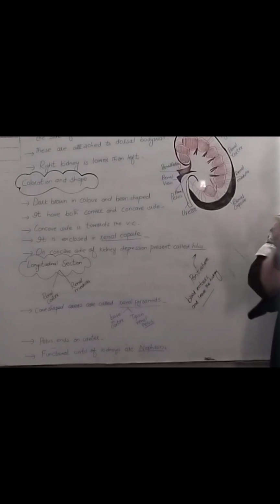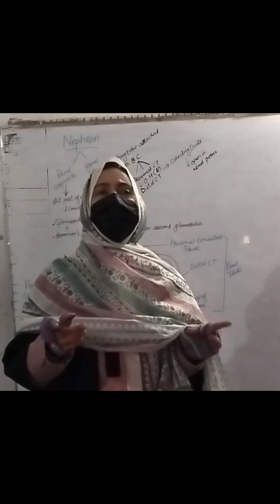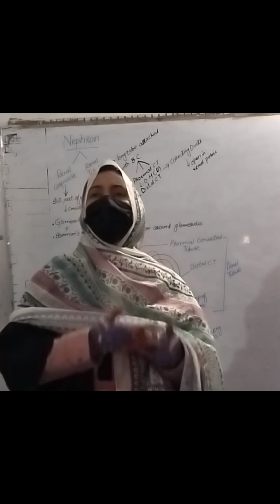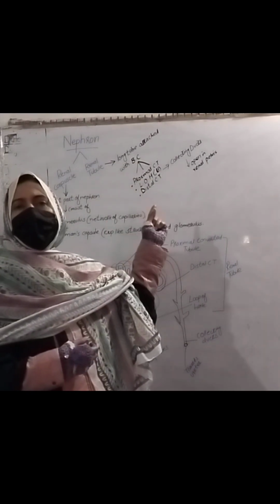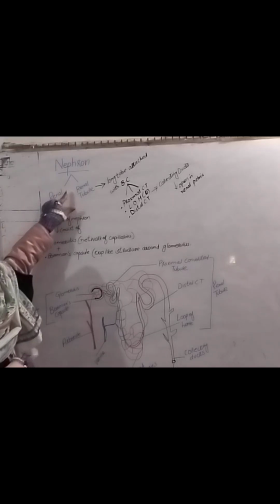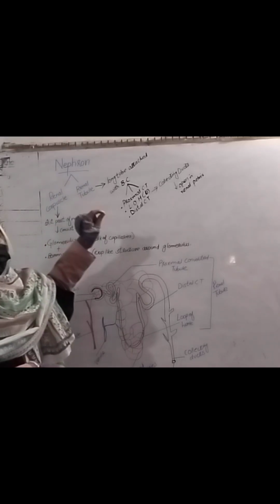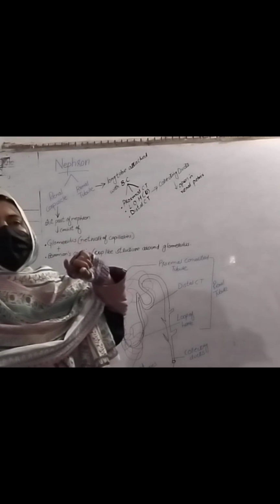The functional units of the kidney are nephrons. Each kidney consists of millions of nephrons, and nephrons are the functional unit of the kidney. Now we will see the structure of the nephron. Nephron consists of a renal corpuscle and a renal tubule. I already told you that we use the word renal for the kidney. We will discuss